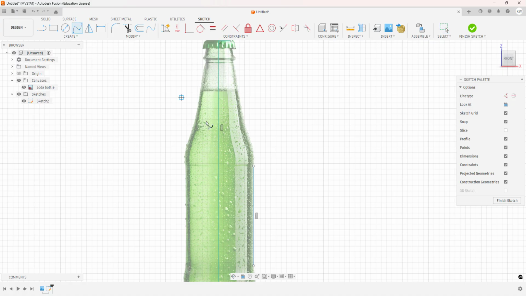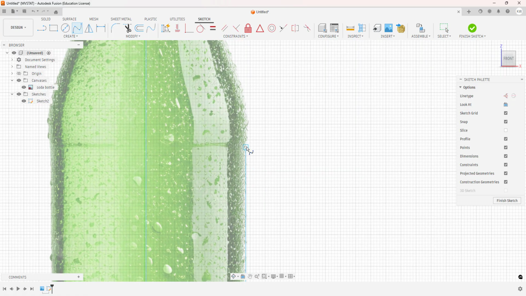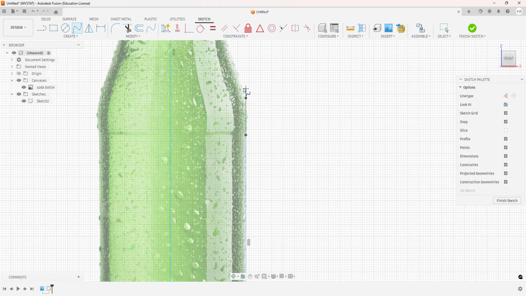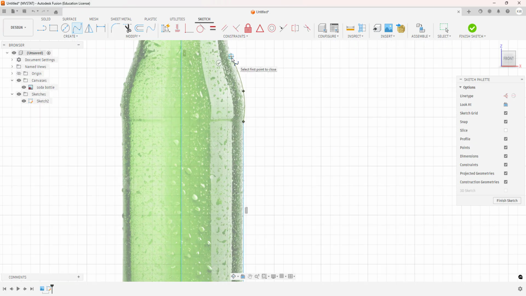So I'm going to select that tool. I'm going to come down here and make sure I start at the end of my straight line. And then I'm going to come up to about here where it starts to curve. I'll click, and you can see that as I start moving my mouse left and right, it starts creating that curve and line. So I'll come up to maybe about right here,